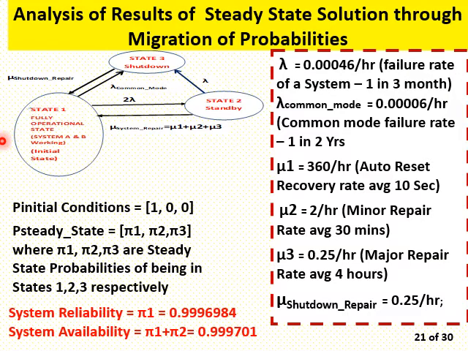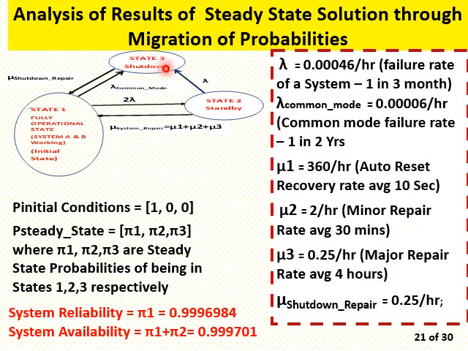So the probability migrates from the initial state to other states through the transitions, at a rate determined by the